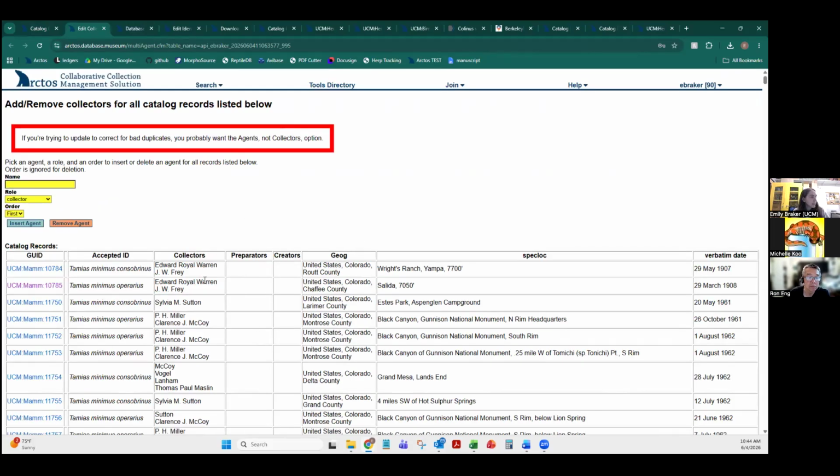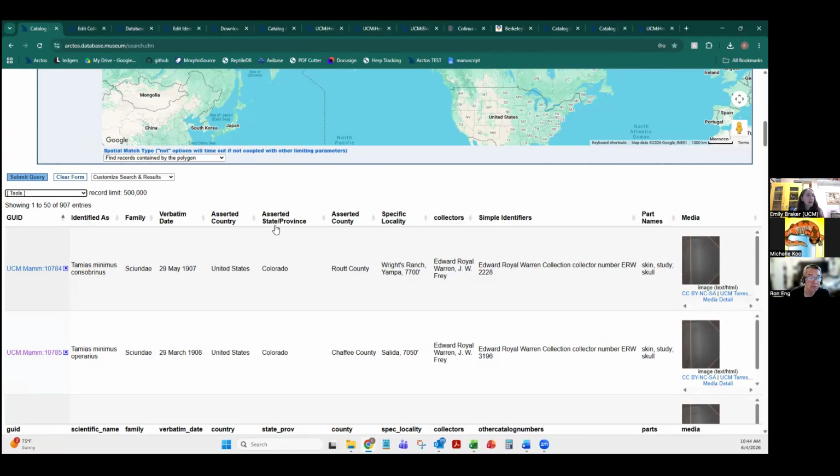You realize someone else was on this expedition, you can add a collector. You can also remove, like, oh, Clarence wasn't on this expedition. You can actually remove that agent name. But one thing with these bulk actions is sometimes